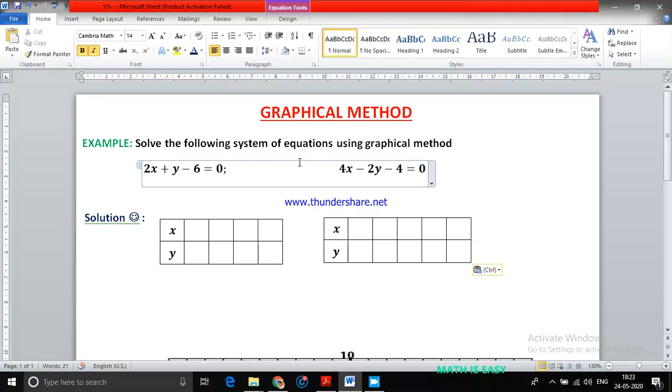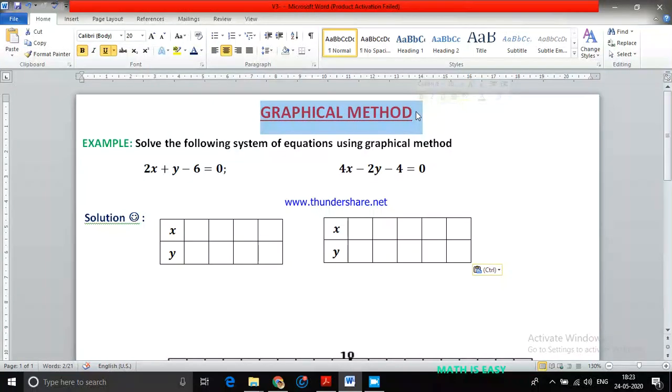Now we are getting to the process of solving the two equations in two variables. Out of those, the first method is the graphical method, then you have the algebraic method. In algebraic methods you will get three more sub-methods: elimination, substitution, cross multiplication. We'll see those later. Graphical method, so here I have to use the graph to find the solutions of a pair of linear equations